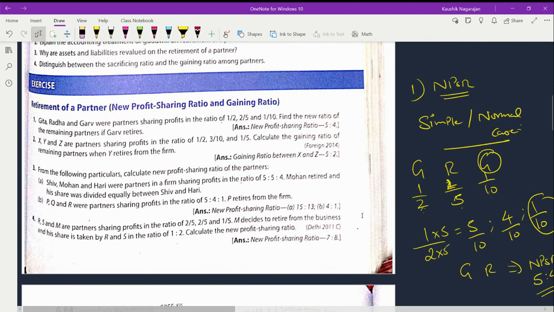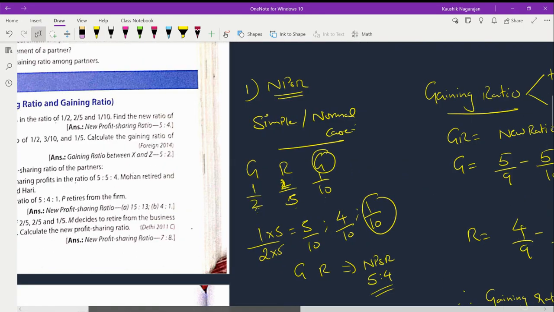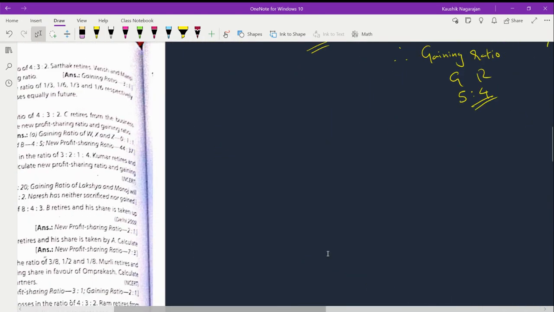Now let's move on to the second problem and see what is being asked. In the second problem, X, Y, and Z are partners sharing the profits and losses in the ratio 1 by 2, 3 by 10, and 1 by 5. So, again, let us take up the values of these partners. The partners are X, Y, and Z. So, second problem,